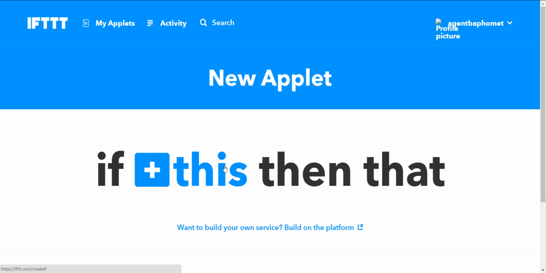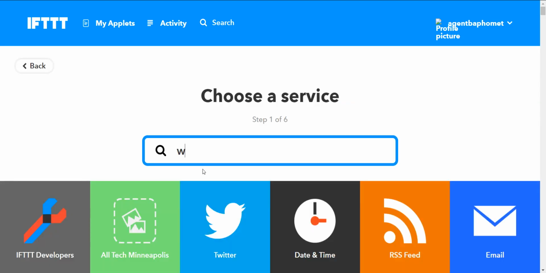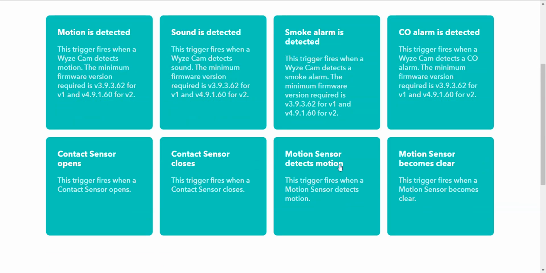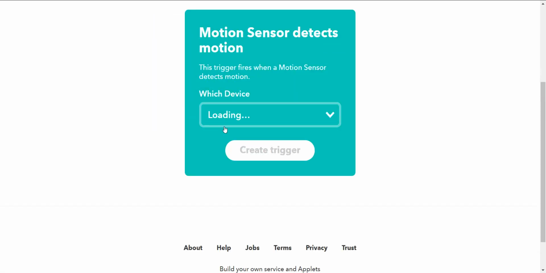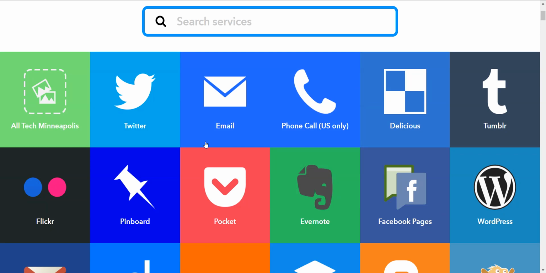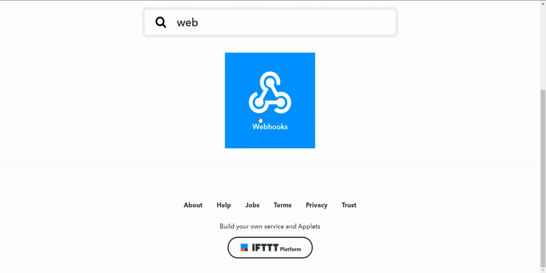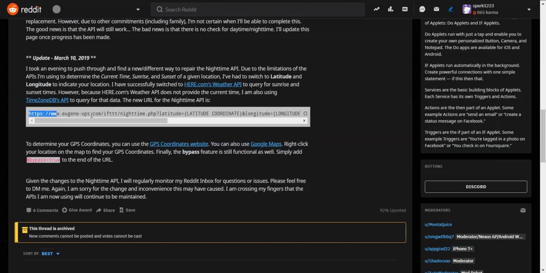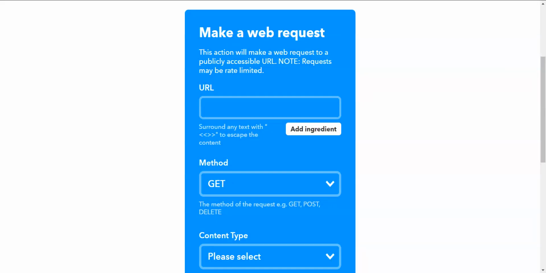And again, these are going to be very similar. So for this part, you're going to search for Wyze, select Wyze, and select when your motion sensor detects motion. And it's going to give you a list of your motion sensors. Start with create trigger, and then go for that. And then we're going to select webhooks once again and make a webhook request this time instead of receiving one. So you're going to go to either the Reddit post or the URL code in my Facebook post,